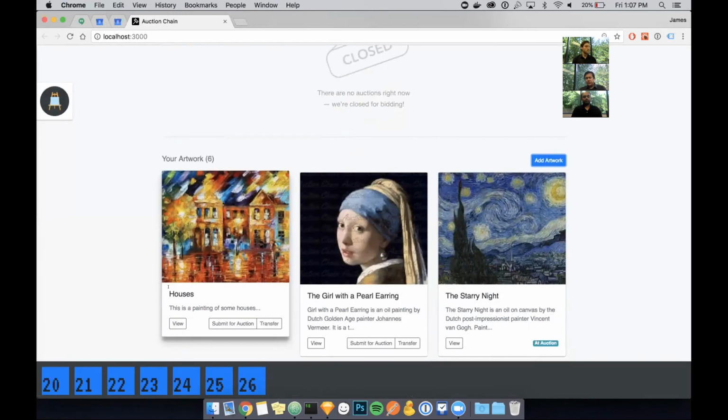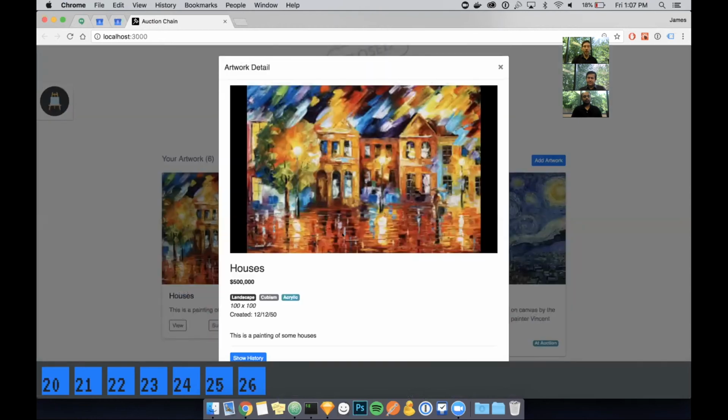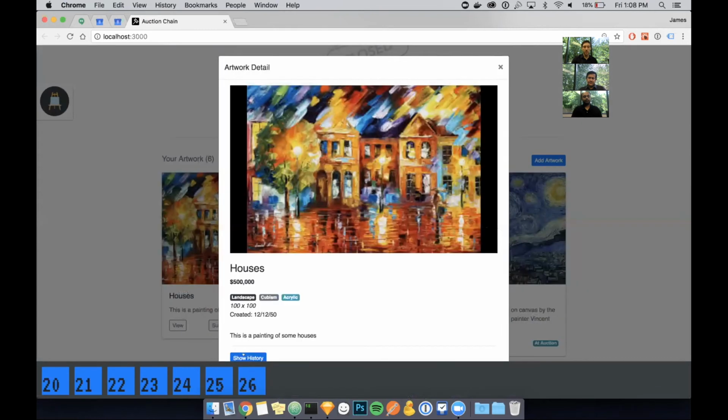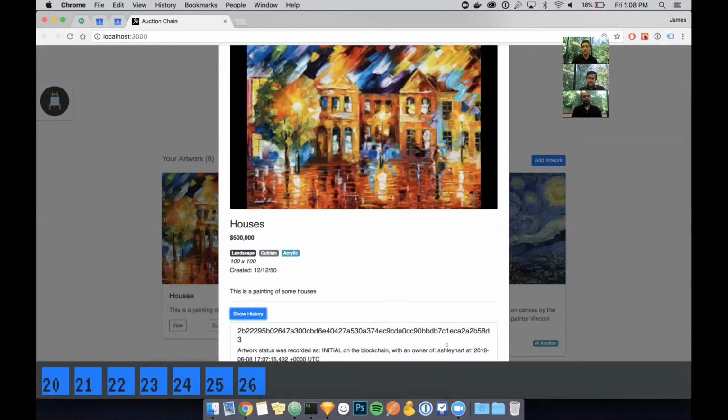I do want to add one point. At that point when you submit the art to be recorded against you, an AES key is generated by the system in order to encrypt the piece of art and store it on the chain. And the key is handed over to the actual owner of the piece of art as the proof that only they alone can either view it or even submit it for auction. Is that right? That's right. Yeah, that's absolutely correct. So if I view it now, I can see on the history those transactions being made, and you can see that I'm now the new owner of this particular piece of art.